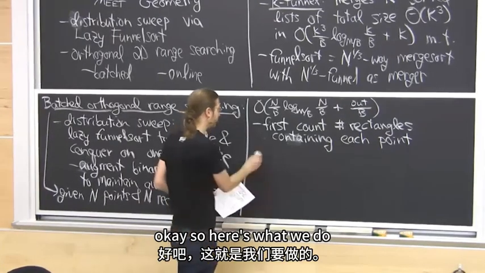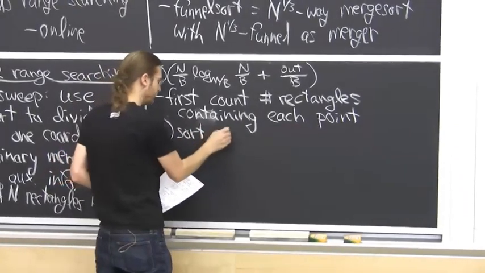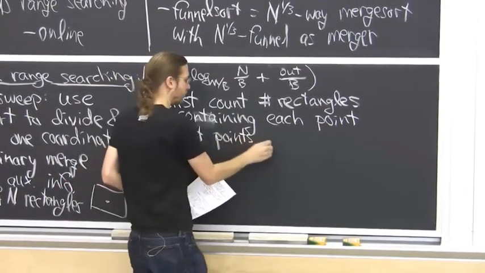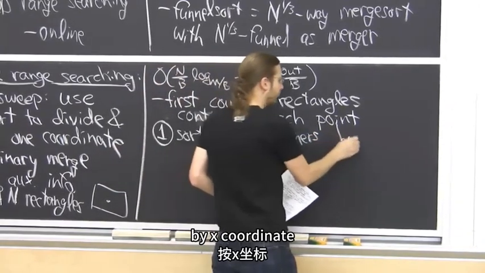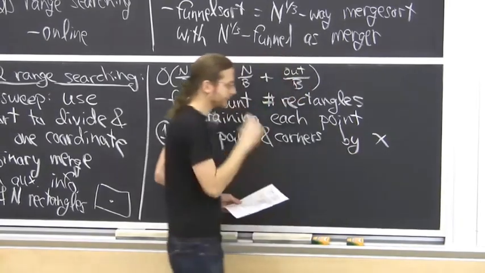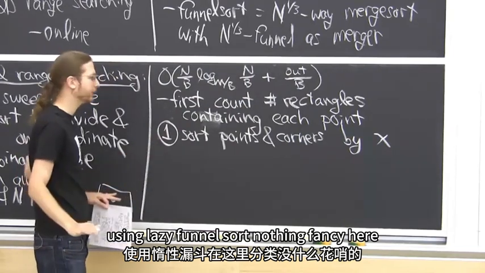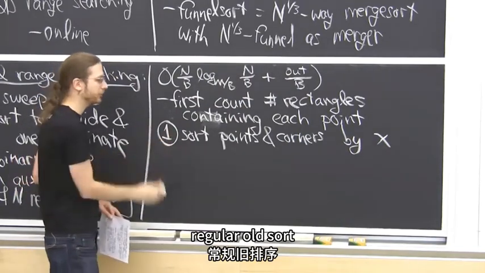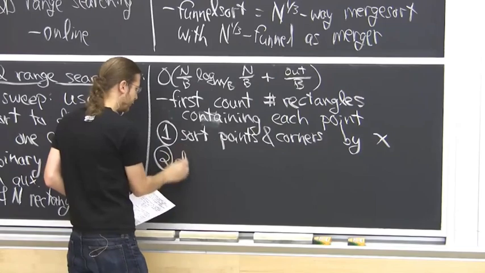Okay, so here's what we do. Sort the points and the corners of the rectangles by x coordinate using lazy funnel sort. Nothing fancy here. No augmentation. Regular old sort. Then, this will be useful later. Then we're going to